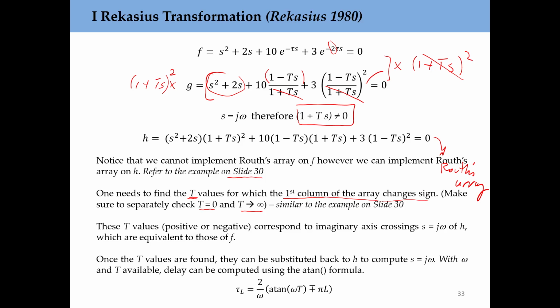And I'm really just repeating what slide 30 has already done. Once you find the omega and t values, you use the arctangent formula to recover the tau values. Are we done? No, we are not really done, but we have actually discovered the tau and omega values that are responsible for possible stability switches. And once we have this information, root sensitivity calculation and tau delayed decomposition tasks follow